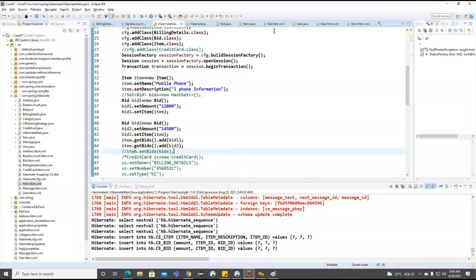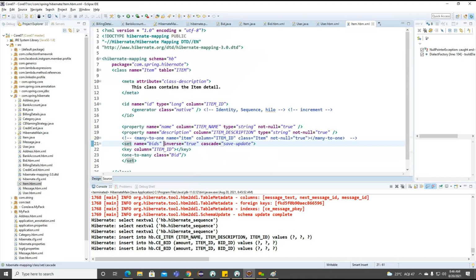Getting the point? So this is the way we can work with the bidirectional operations. To work on these bidirectional operations, first we need to focus on these two items here. First we need to focus on inverse true. Why do we need to make inverse true here? Because whenever we are updating or inserting, we need to work on the other table. So to work on the other table, first we need to update the inverse here.